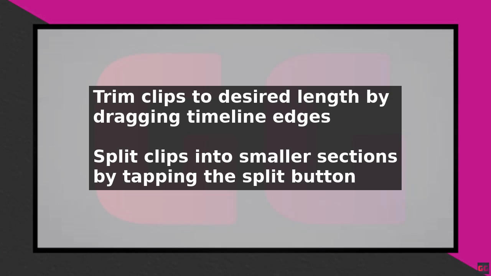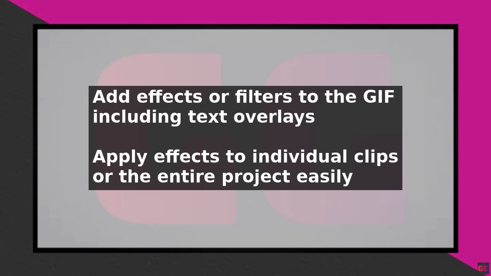After adding your effects, adjust the settings to optimize your GIF for web use. This includes reducing the resolution and frame rate, as well as compressing the file size. You can do this by going to the Settings menu and selecting the GIF option.